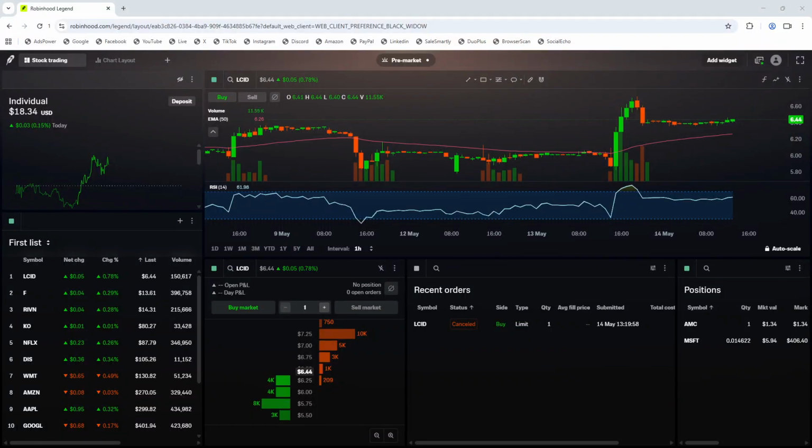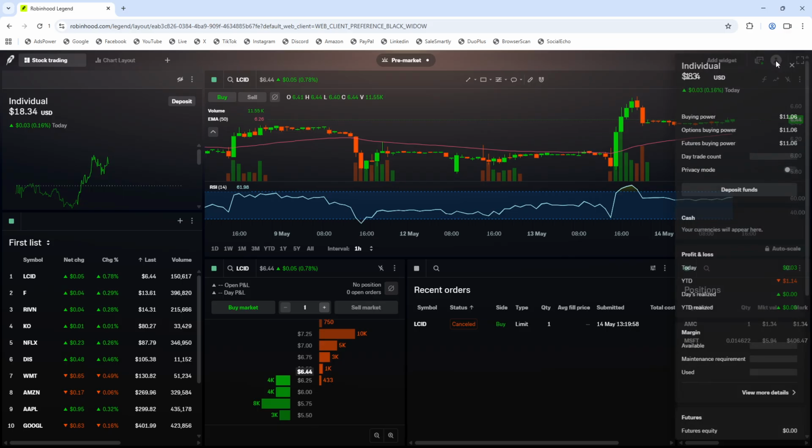In today's video, you will learn how to buy stock on Robinhood. To begin, open the Robinhood UK website or the Robinhood app and sign in to your account. This will take you to your main dashboard where you can manage your investments and access trading features. Make sure your account is fully set up and funded so you have enough buying power available to complete a